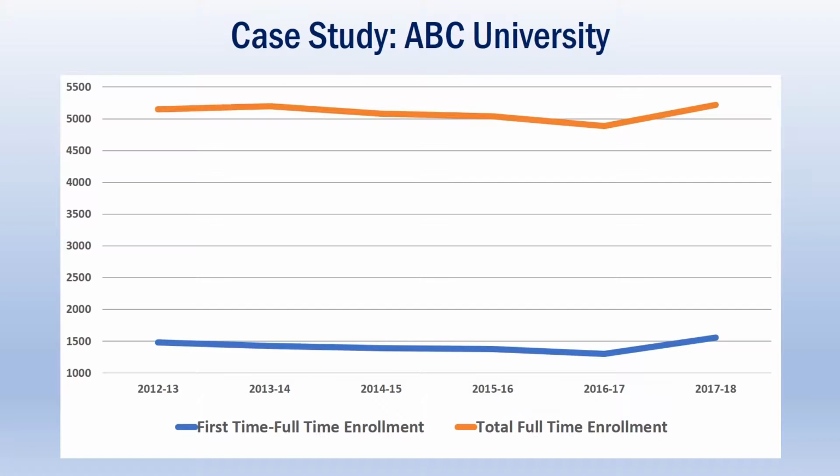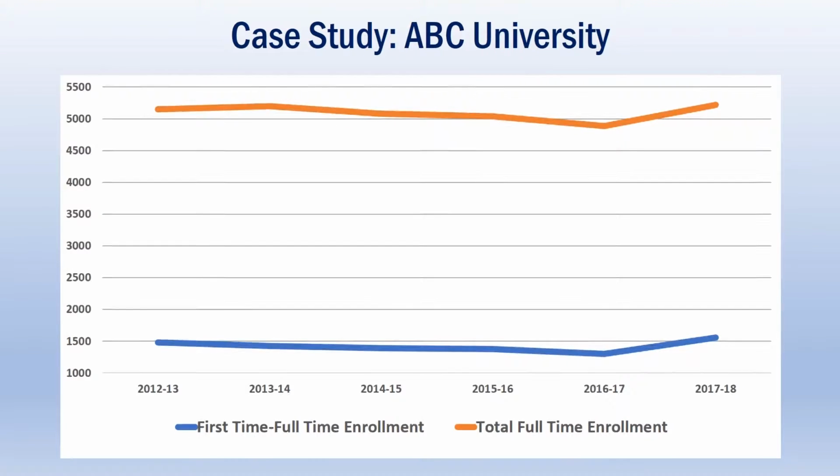Enrollment data is the backbone of the student housing calculator. What you're looking at here is the historical growth over the last 6 years for ABC University. The blue line represents first-time full-time enrollment, which is normally called the freshman enrollment. And the orange line represents the total full-time enrollment for the university. What you'll notice is that over the past 5 years, it has trended downwards until its sharp uptick in the